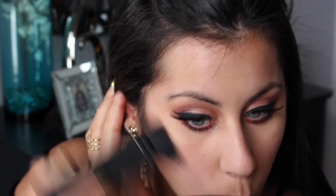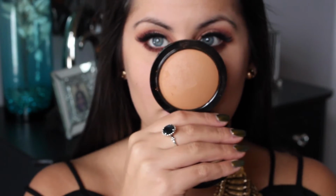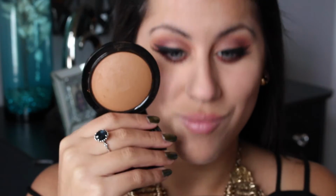My bad. Now I'm just going to quickly contour. I am using MAC in the shade Taupe. I'm not really the best at contouring. I don't do it too often. I still definitely think I need to practice, but I work with what I know and I think it works for now. Then I'm going to grab MAC Give Me Sun Bronzer, just going to bronze up my face a